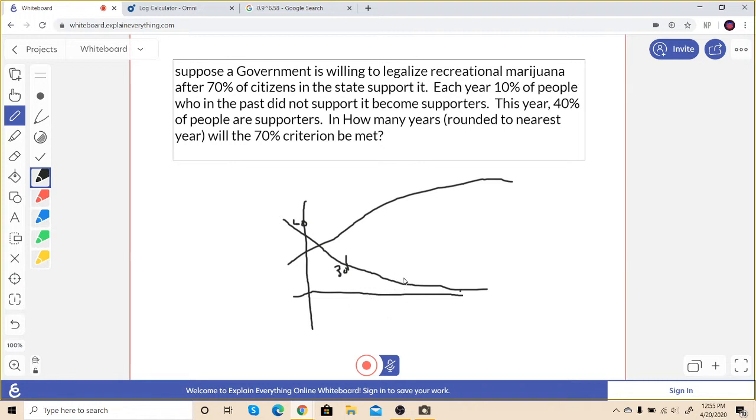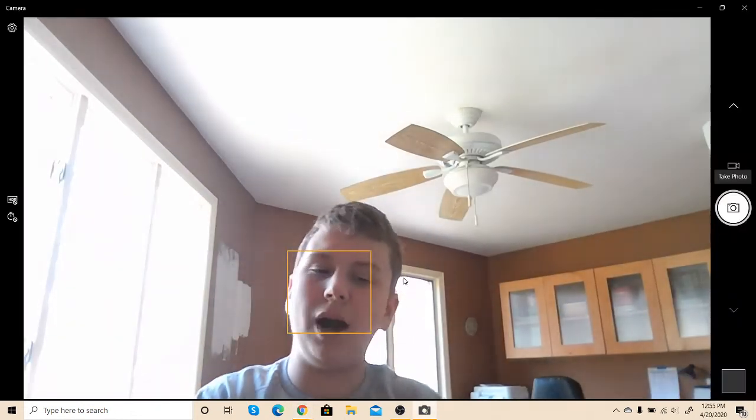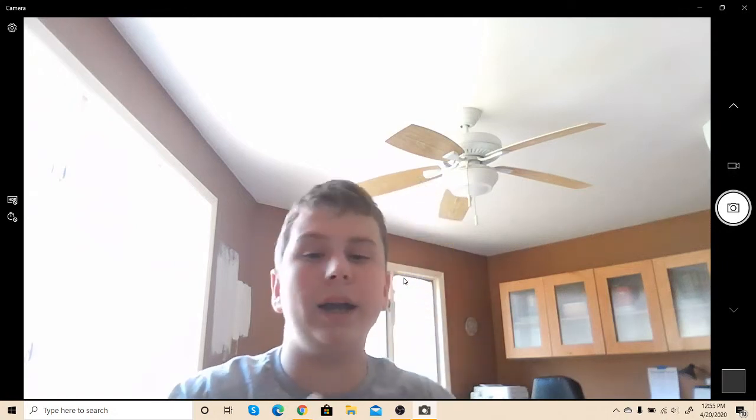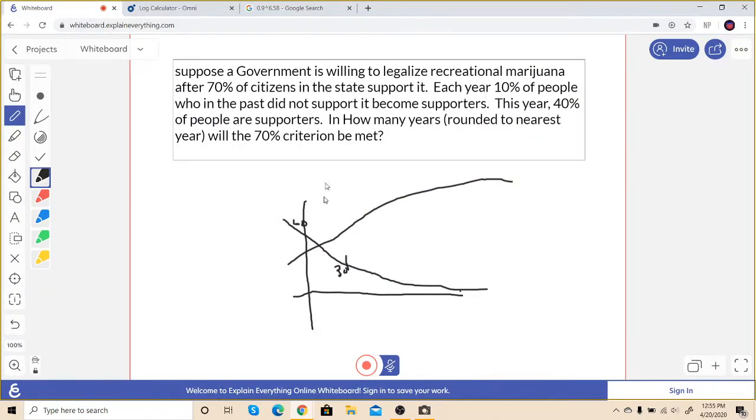Well, I never really like solving for x. I like solving for y better, right? Because then we can put in some x's, and the y figures itself out. That's how functions work. So let's go to a log calculator. And the answer was just there. And we know the log is going to be base 0.9, right? Because that's how many people we're finding out when